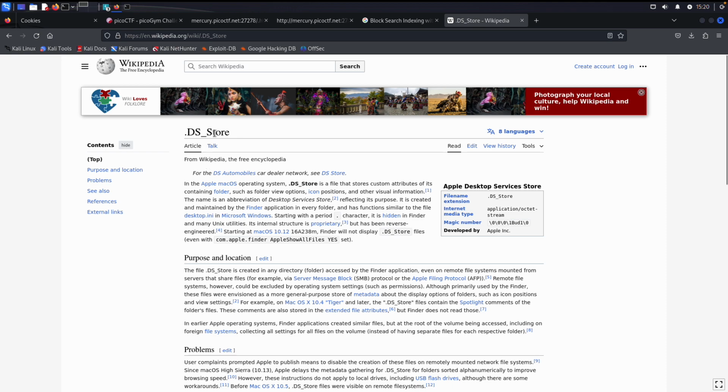As you can see, this is a file that stores custom attributes of its containing folder. So this is a file similar to robots.txt and .htaccess. So if we copy this and search here,